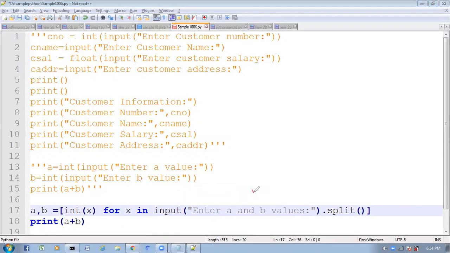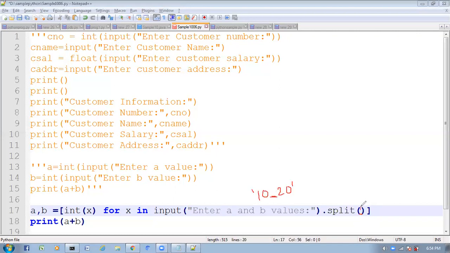Here we are passing 10 space 20 like this. Here to this split function, I am not passing any value and I am not passing any argument. If you are not passing any argument to this split function, what will the split function do? The split function will take this space as the separator.